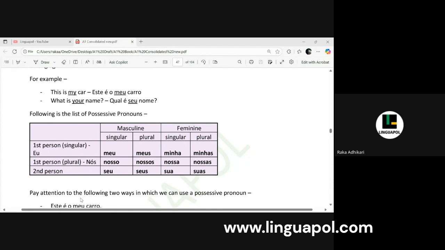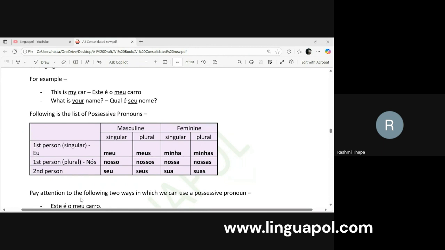I want you to form a particular sentence and give me an example like that. Anyone can give me any example. Do you remember how to say what is your name? My name is. In all these sentences, we use possessive pronouns.